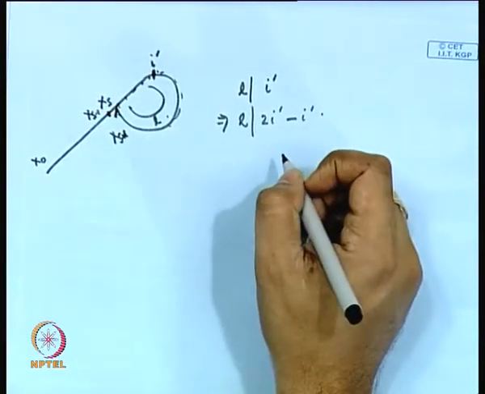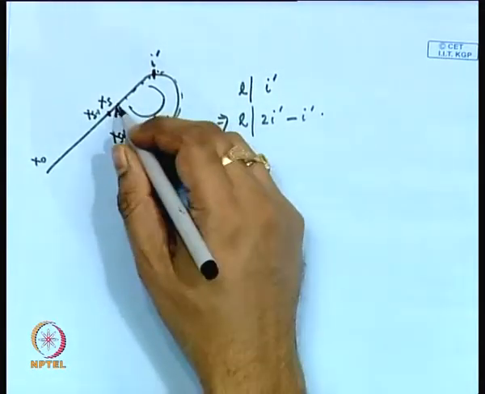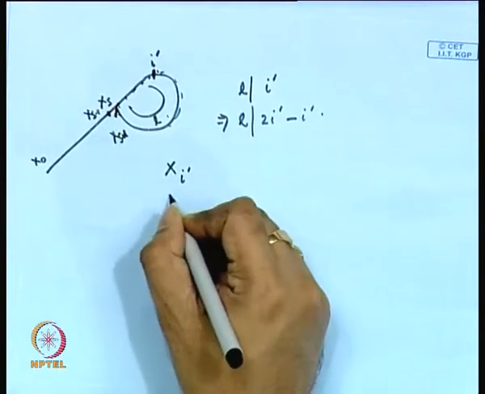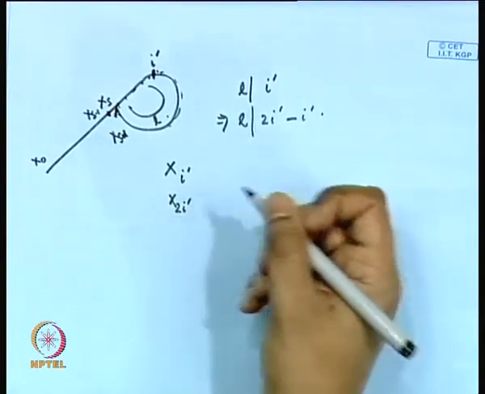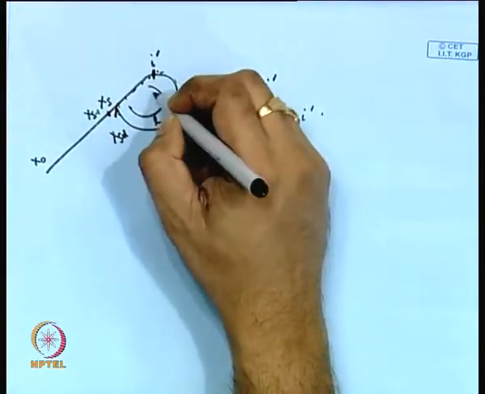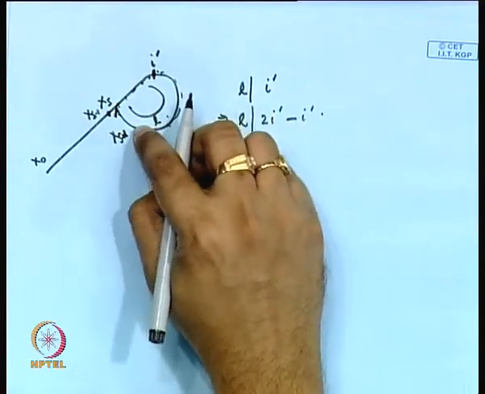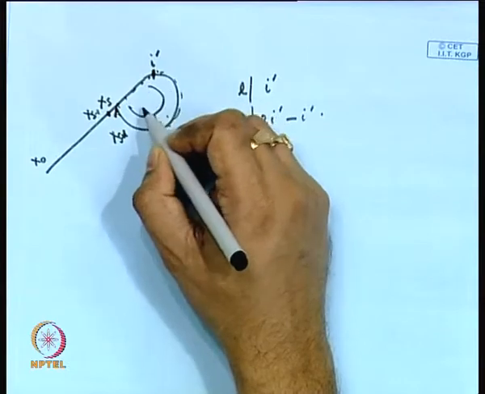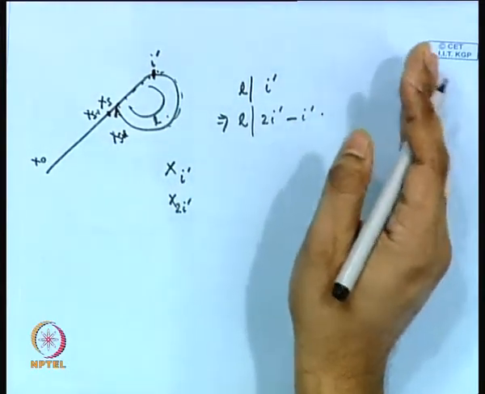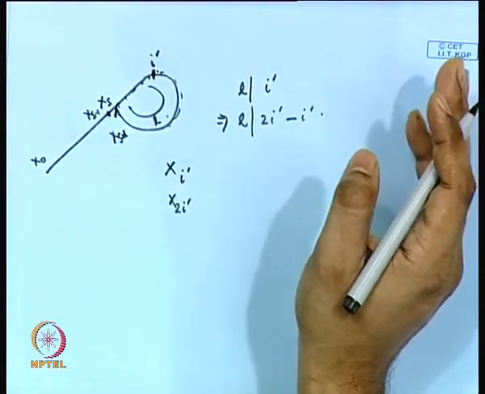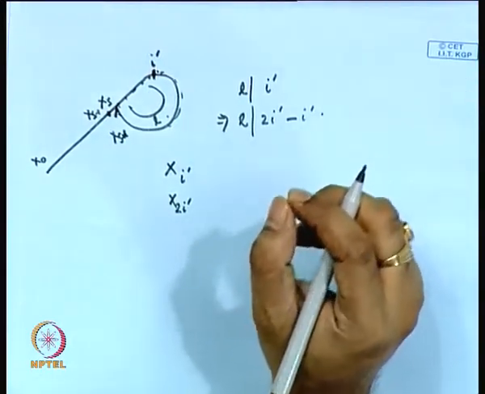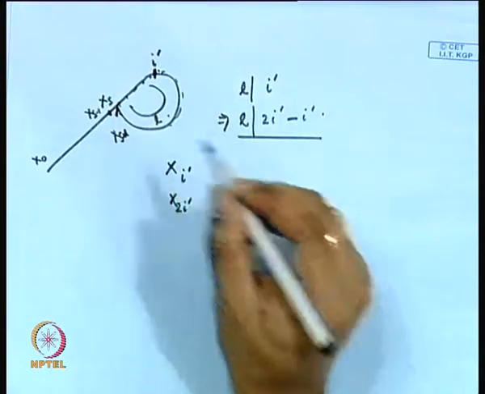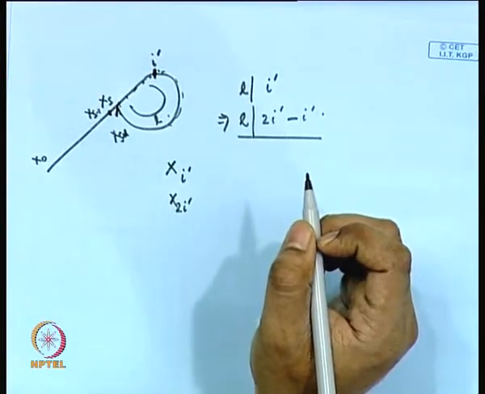So that means that if you compute the series of x like this, that is, if you compute x_i dash and if you compute x_2i dash, then you may not be able to find out the first time this particular collision occurs, but you will find out a successive point when the collision occurs. So therefore you will definitely get a collision, which will lead to the detection of this cycle.